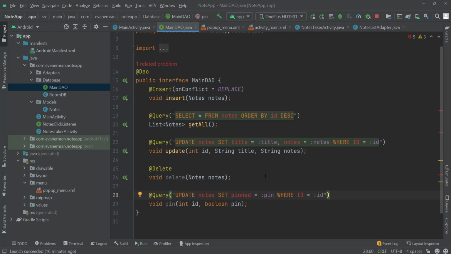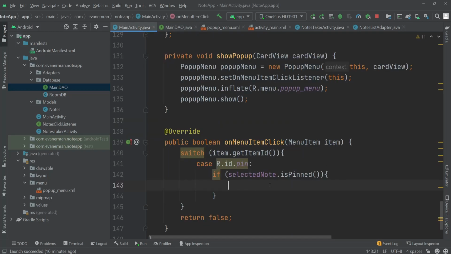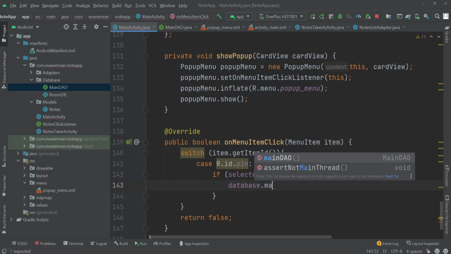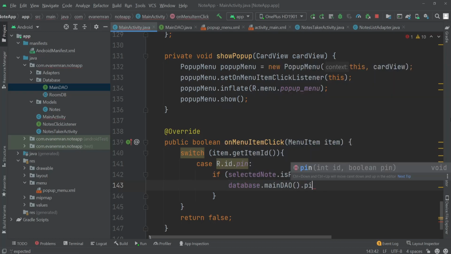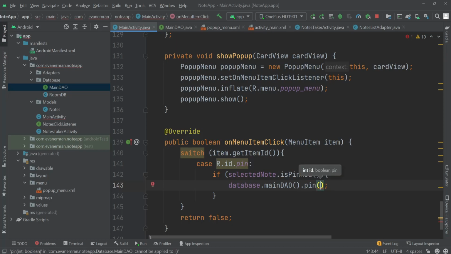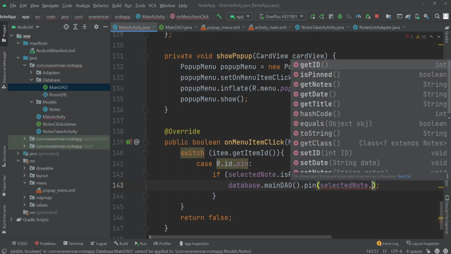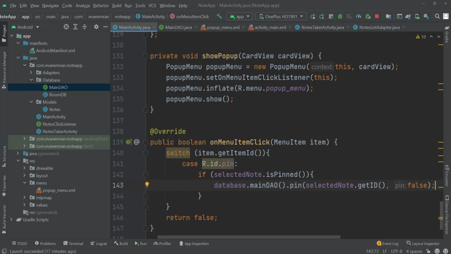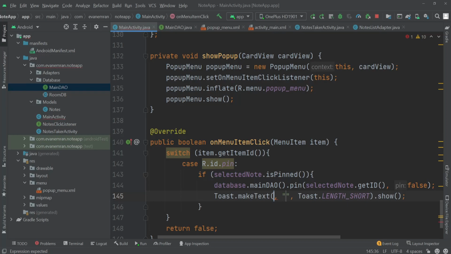So now we can go to our main activity, and inside here for the selected node dot is pinned, I'll call the database dot main DAO dot pin, and here we need to pass the id. So for this I'll write selected node dot get id, and the second parameter is, as in this condition it is pinned, so we have to pass false. Okay, and I'll show a toast message here which will be for the main activity dot this, and the message will be